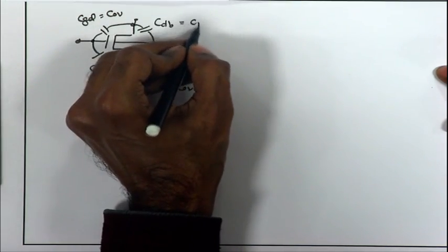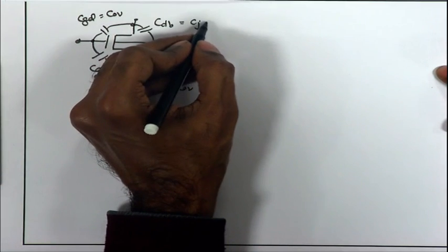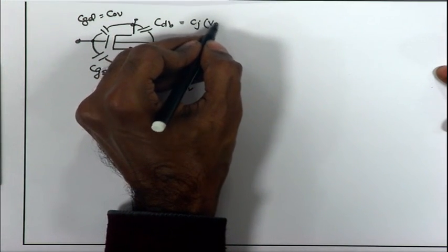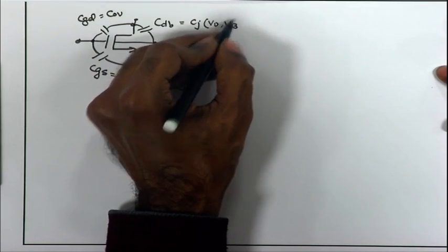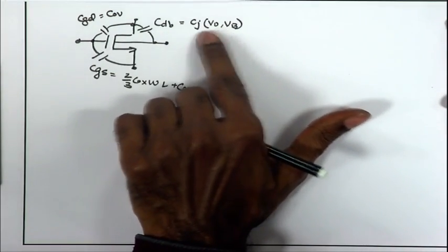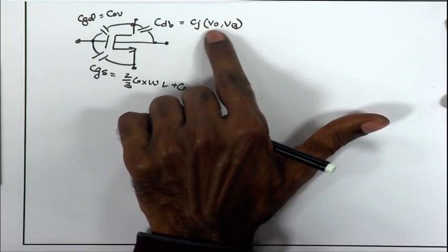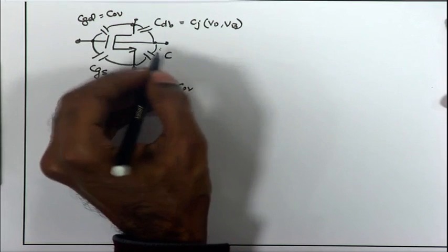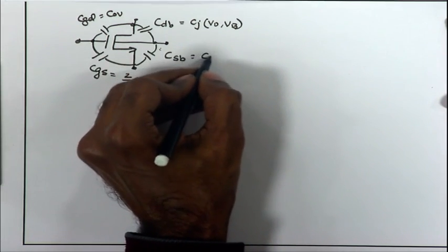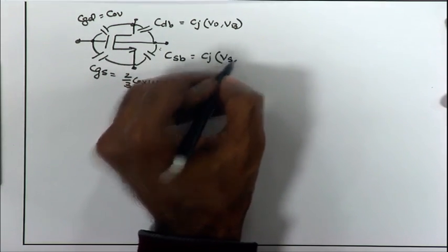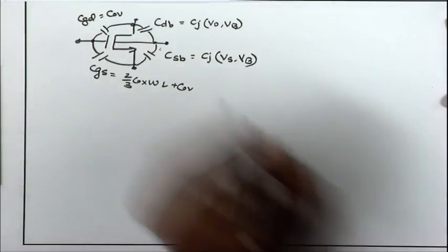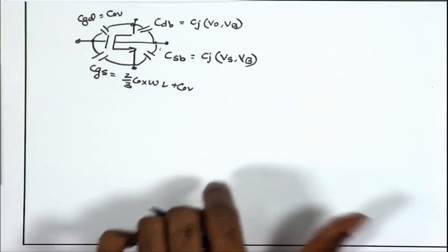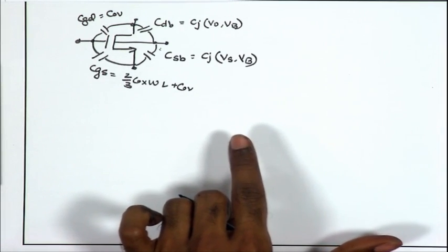It is the junction capacitance Cj, and it is a function of course of Vd and Vb, because it is the diode across which we are measuring this capacitance, which is appearing between drain and body. And likewise, we have CSB, which is again the junction capacitance dependent upon the Vs and the Vb. So, in general, for normal MOSFET operations,